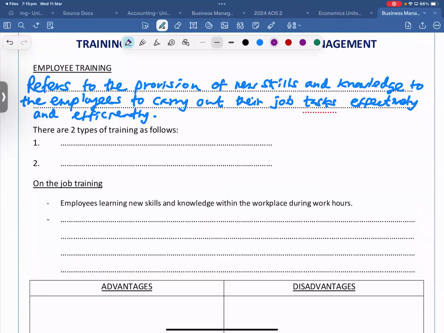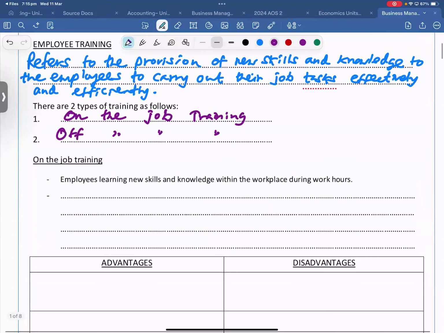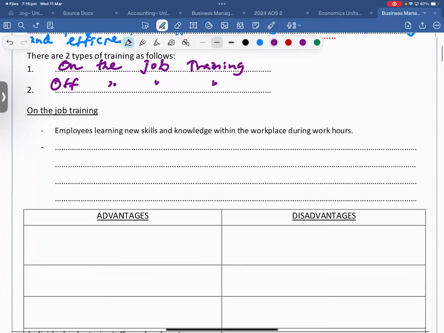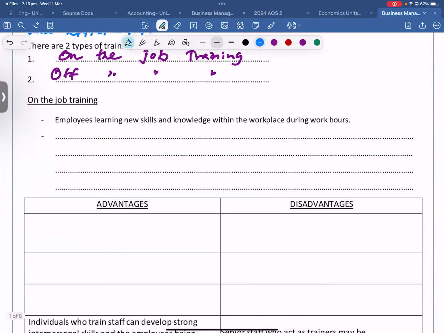So of course, two types of training. On the job. Off the job. Right. So on the job training means employees learning new skills, knowledge within the workplace during work hours. Right. So then what are those? Basically, we can say this includes